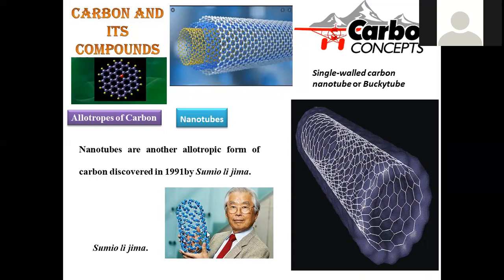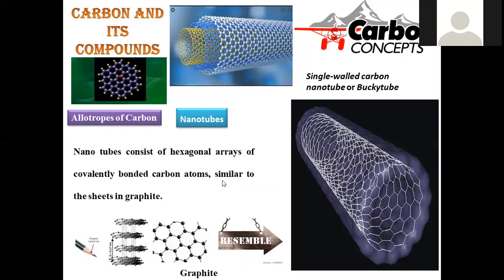Especially a hexagonal arrangement will be there, all rolled into a cylindrical type of material. So these are said to be nanotubes, being nano-sized particles rolled into cylindrical tubes. Hence, these are regarded as nanotube material, first invented by the scientist Sumio Iijima. And the nanotubes consist of hexagonal arrays. So all are in a hexagonal arrangement, and the extended hexagonal structure will be arranged.